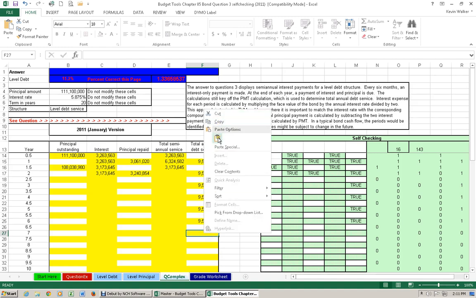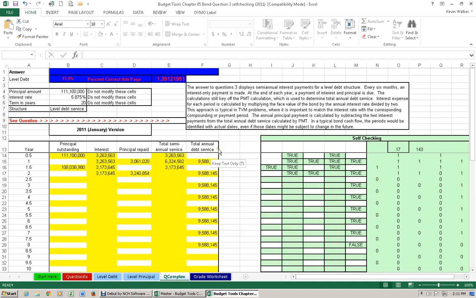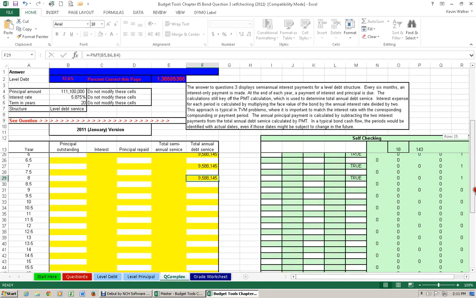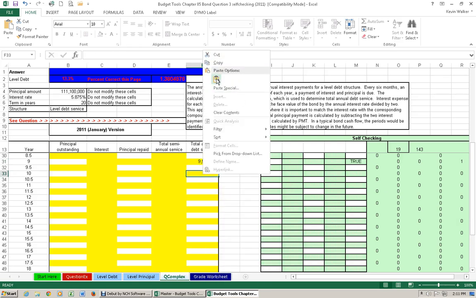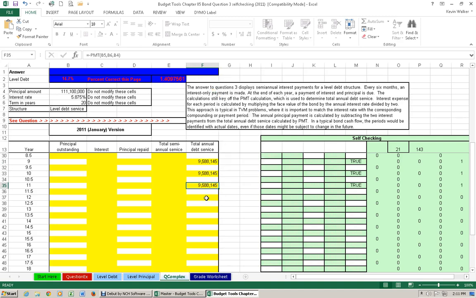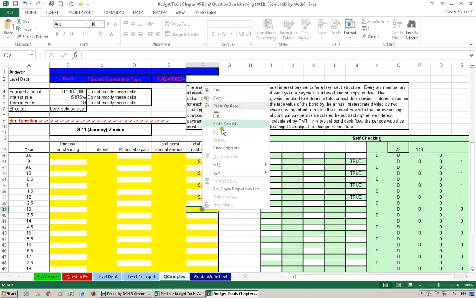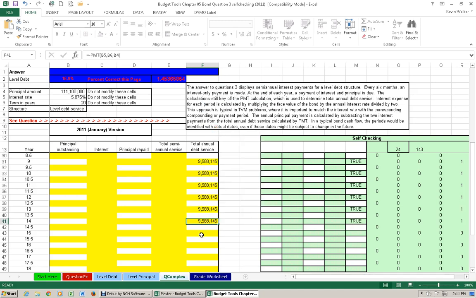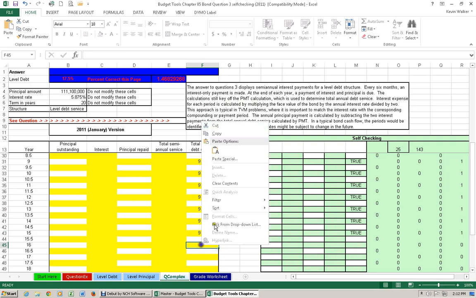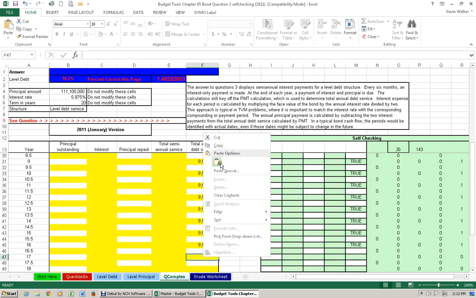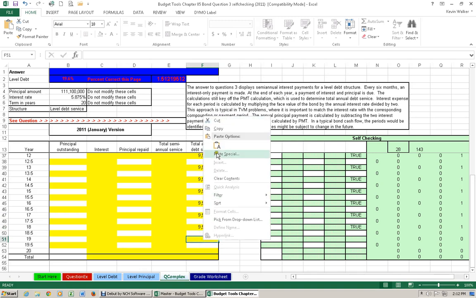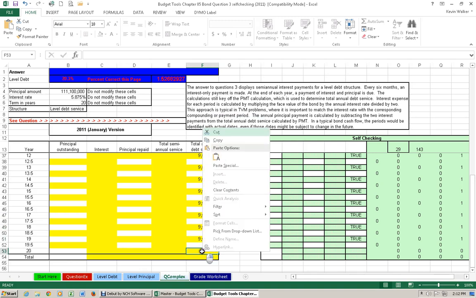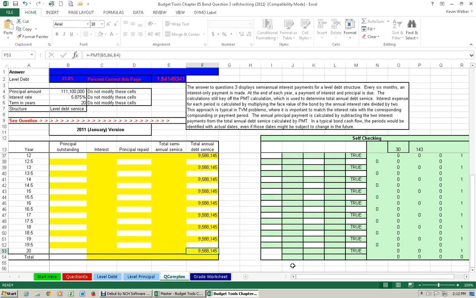Theory says that you should be able to just copy this, highlight all of these, and it'll put it in every cell. However, in the later version of Excel, for some reason, that's not working. And rather than waste your time trying to figure out how to make it work, let's just figure out how to do this, and this is as quick as we can do it. So we just copy the formula, and we're just going to paste it into each point. And by casing the formula, again, if you want to do this with different numbers, you just do a little recalculation. Okay, there's your level debt, and in this case,